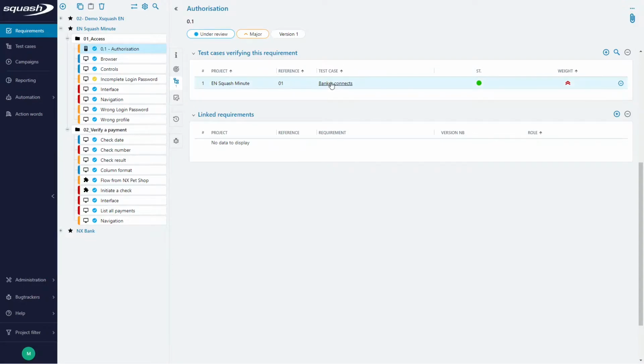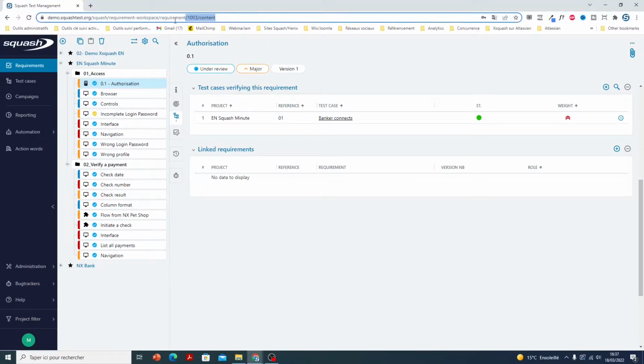We can see in this case that there is only one test case. I will show you later how to make the association. Note that we can access an element by its URL, so it is the case for the requirement, as I can show you there, here, but it's also the case with dashboards or test plans.